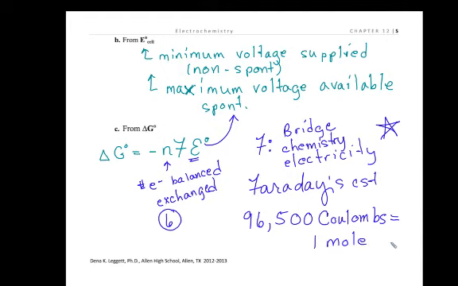It's a unit equality, so 1 mole of electrons that are transferred. Very, very important constant. So all we have to do is plug into that and we get our delta G